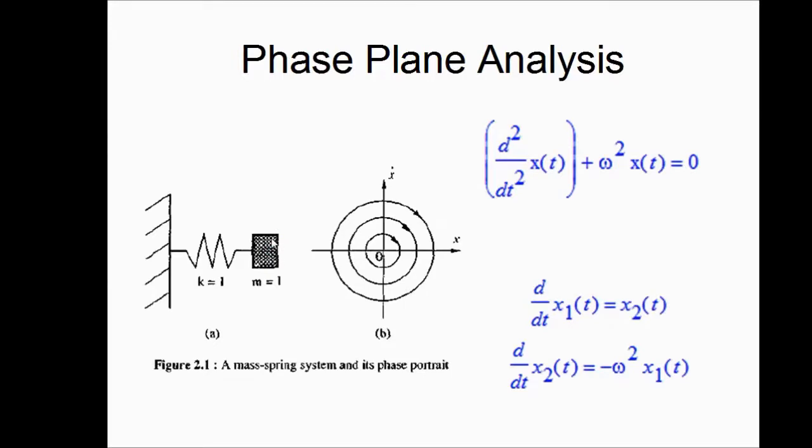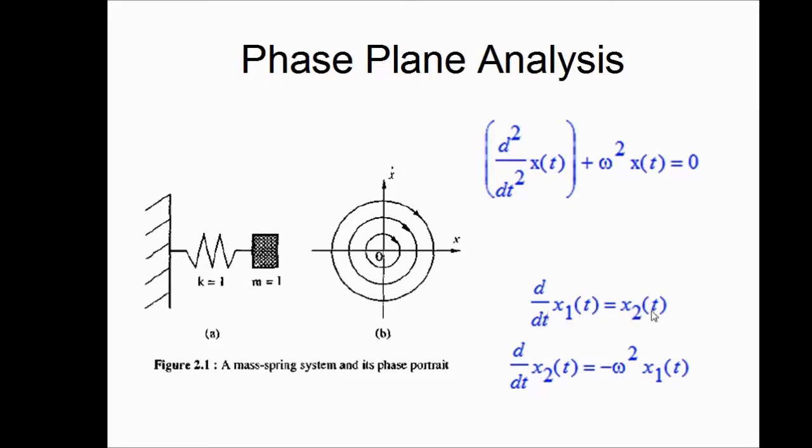This is a simple spring mass system. This is mass m, this is the spring. The governing differential equation is obtained by applying Newton's laws of motion to the spring mass system, and this is that governing differential equation. So when states are defined, the variable x is the displacement of the mass from the equilibrium point of oscillation of the system,